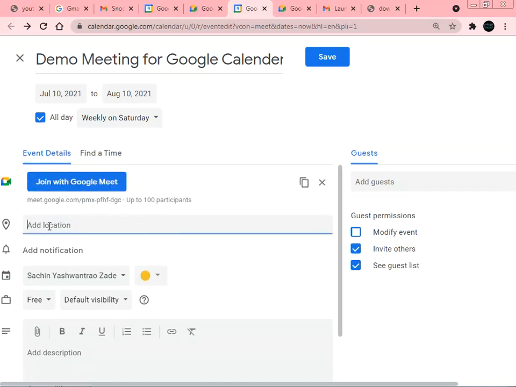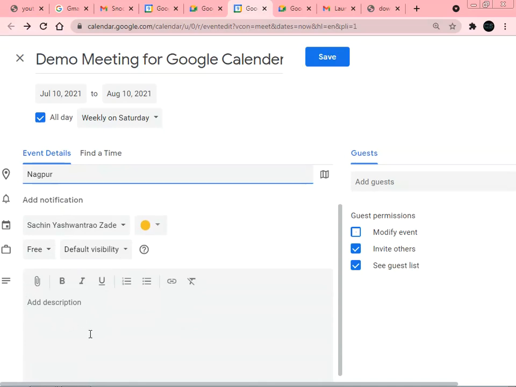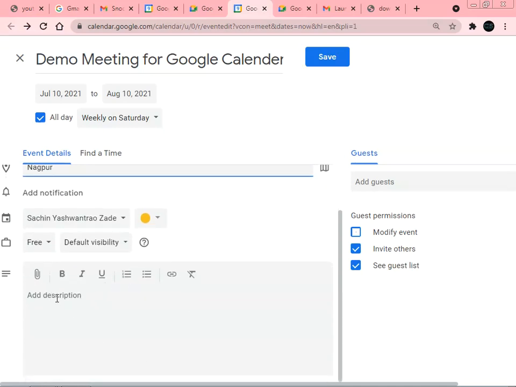Now in the address location, add location from where you are going to conduct this meeting, we can set here, that is I'm setting here the Nagpur location. Now below this we are getting our text box, that is nothing but the message if we want to send to the user. Suppose I am setting, hello dear, meeting is scheduled, please join. So whatever the matter you are going to write here, this will be sent to your participant. Now the question arises, how we can send this message to the participant.